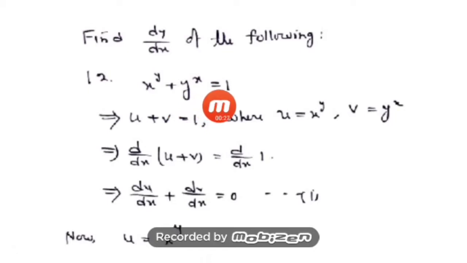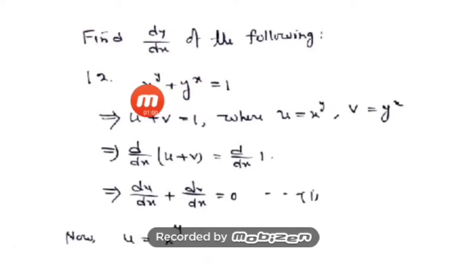1. If you notice properly, these are implicit functions. The previous functions are explicit because y is expressed in terms of x explicitly. But now here x and y, we cannot separate. That means these are implicit functions, but together with that their powers are variable. So we have to take logarithmic differentiation. Procedure is same as the earlier.